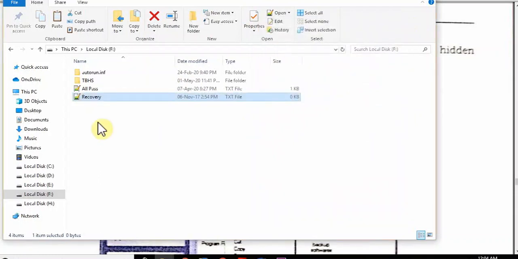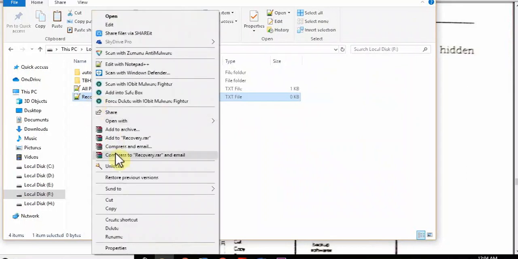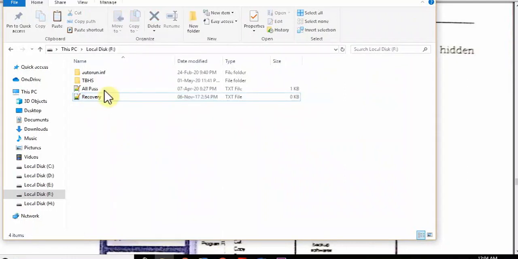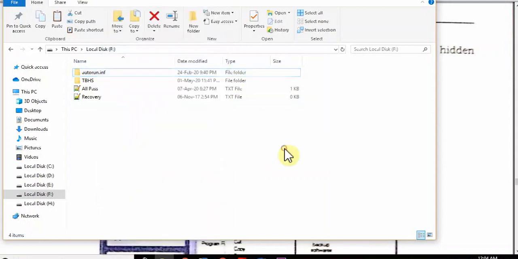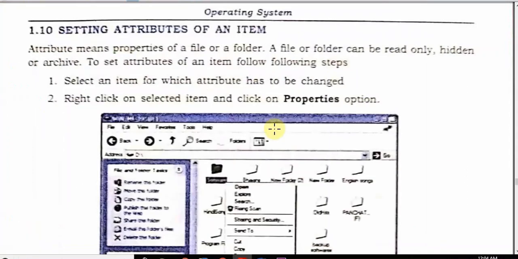You can also see the property by right clicking the mouse. I am going to this autorun.inf file which we covered in the first lesson. Going here, right clicking, you can see the property. So these are very easy points.